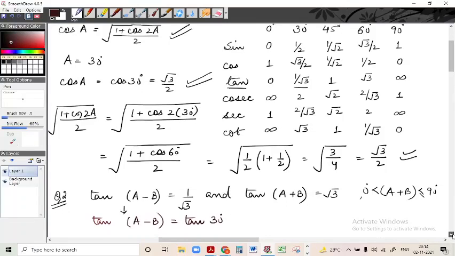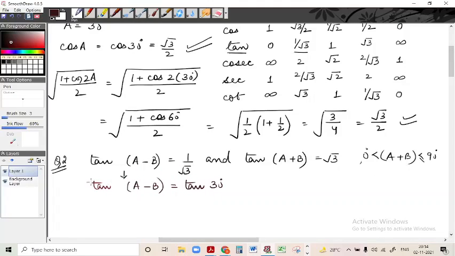So here in this case we'll equate both the trigo ratios. So a minus b will be equal to 30 degree. This is our first equation. For our second equation we can get